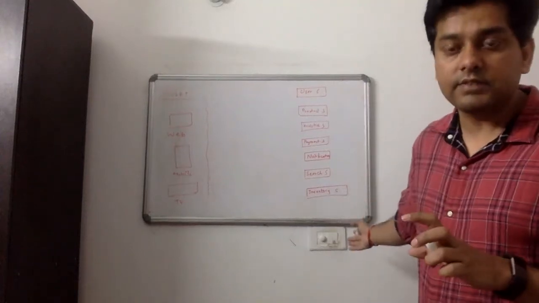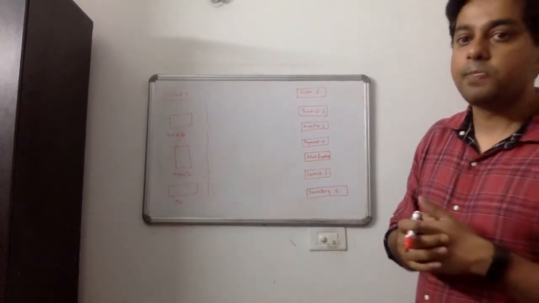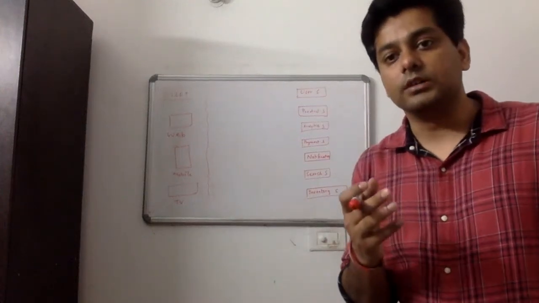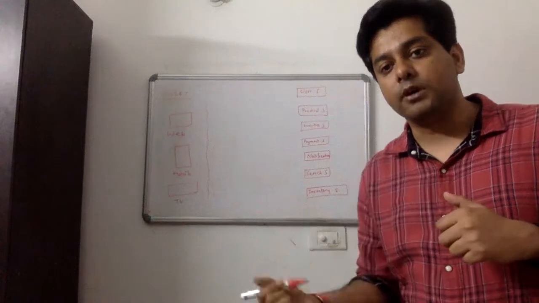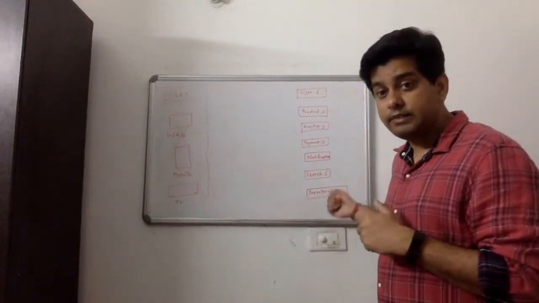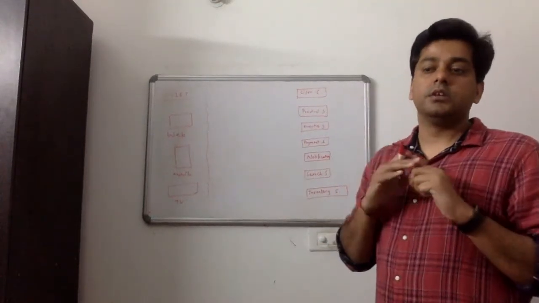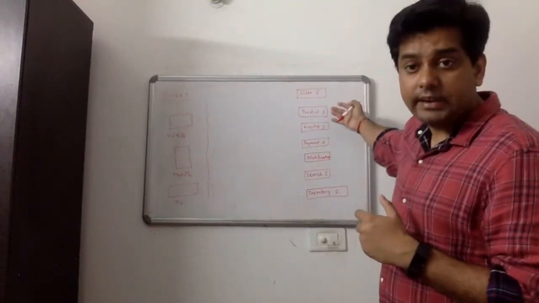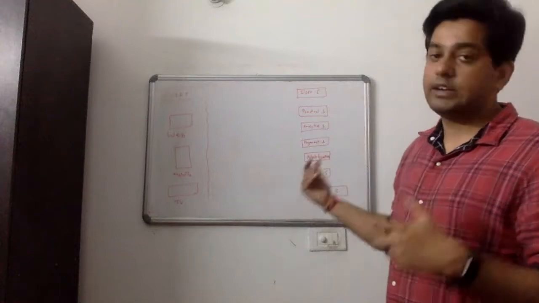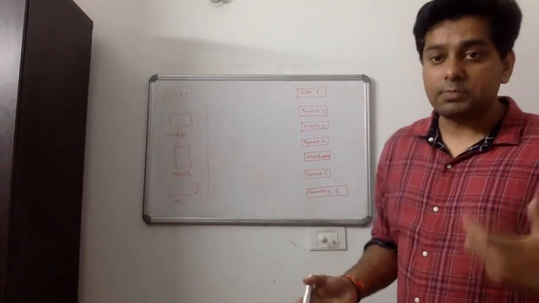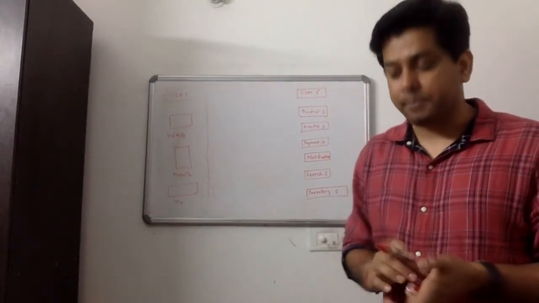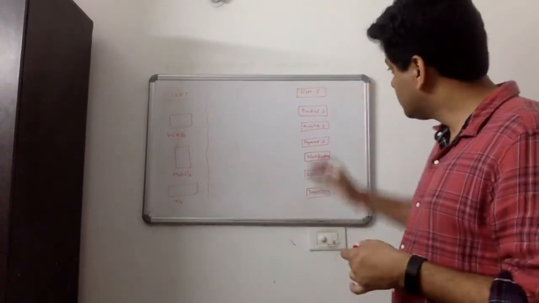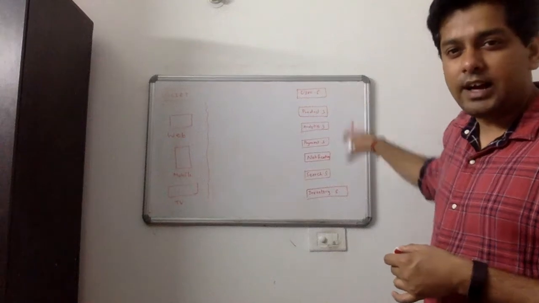Then we have an inventory service because, as I said, Amazon is a platform. So there must be some interface where sellers can put their products on the site so that they can be bought by the consumer. That inventory service takes care of posting that inventory from the sellers, and my product service might talk to the inventory service so that it doesn't display an item which is not in the inventory, or displays it with an out of stock label. So this is something I can think of on a high level.